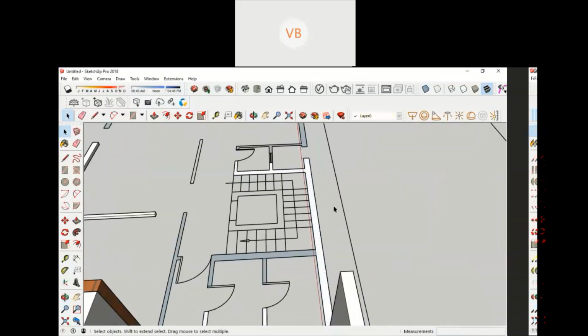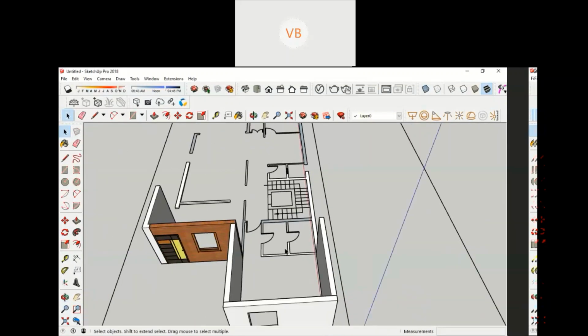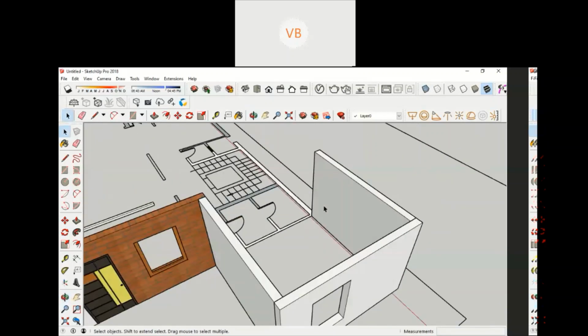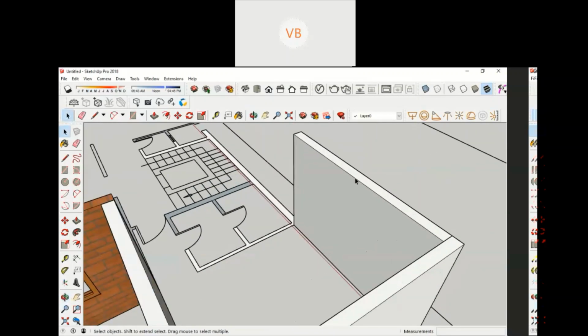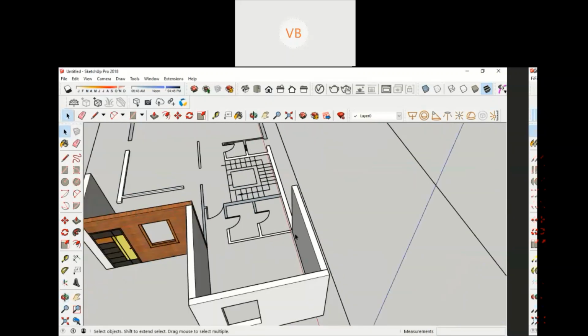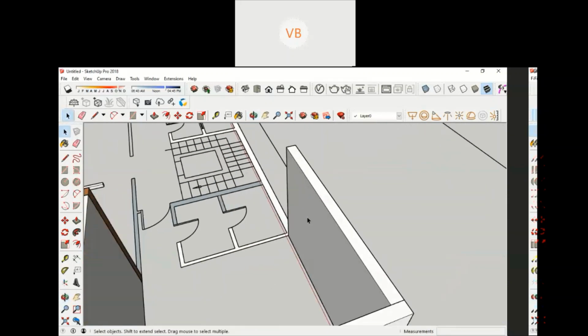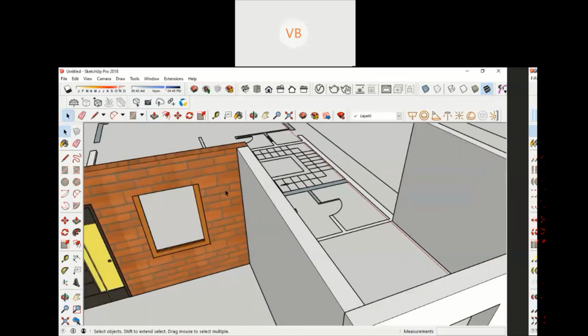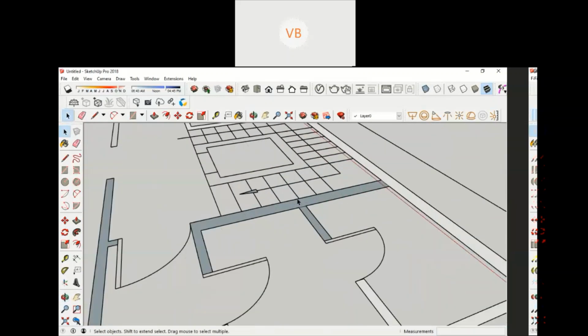So try to ensure that the final output, after you extrude, after you push and pull the face, looks white in color and not gray. The reason being, for rendering you apply materials. When you apply materials on a gray surface, the render will not be proper, and the final output will not be properly done.